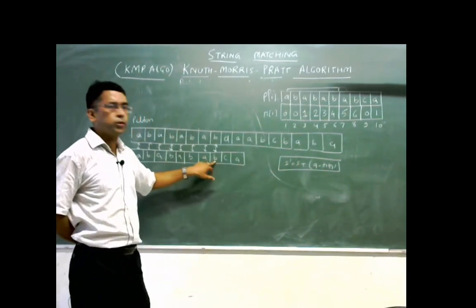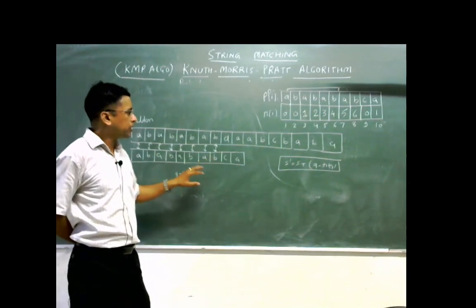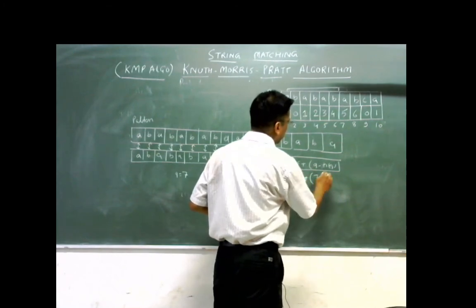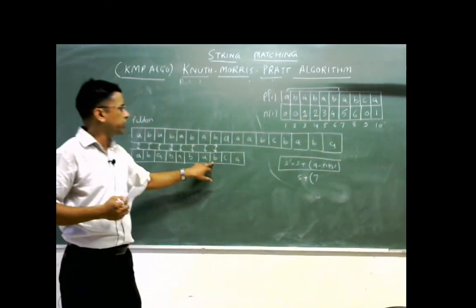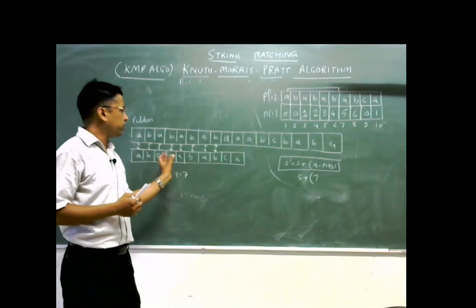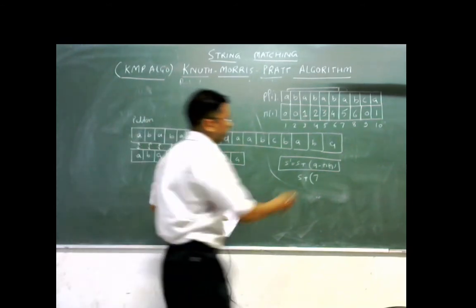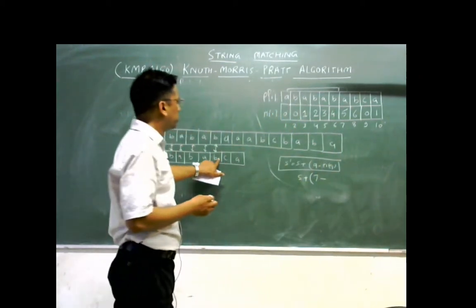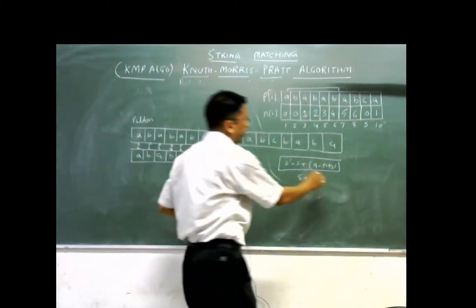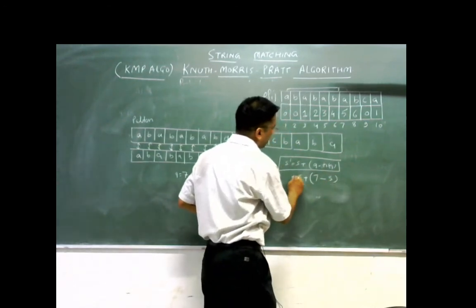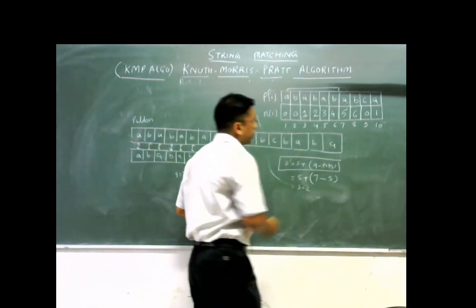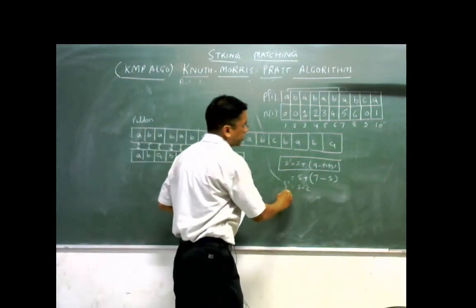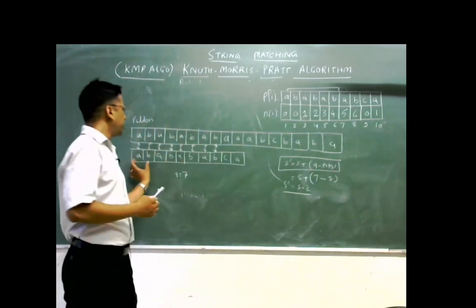the match Q is equals to 7, so you can bypass the value Q is equals to 7, whatever the shift, then the compute up to this position the match is equals to 1, you can minus pi q is equals to 1. So for this position q is equals to 7, pi 7 is equals to 5, means you can s plus 2, s dash would be equals to s plus 2, means you can jump 2 position.